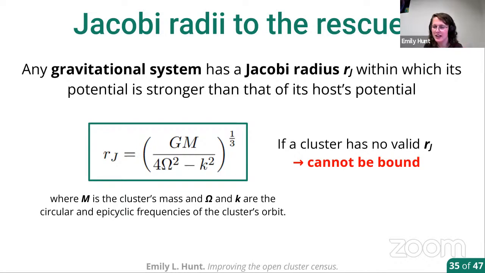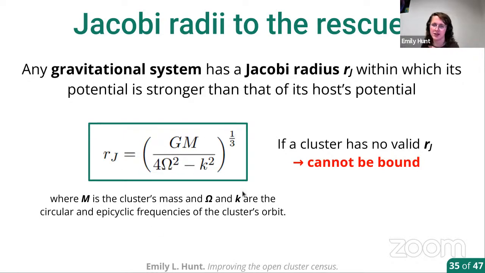So it's not necessarily a measure of boundness, it's more a measure of, okay, within some radius, given the potential field of the Milky Way and given the mass of our cluster, do we think it would be instantaneously self-gravitating, or is the potential of the host galaxy, i.e. the Milky Way, stronger where that cluster is, given how big the cluster is? And this is measured with a relatively straightforward equation. Basically, the radius goes as the cluster mass to the power of a third, divided by some constants here,